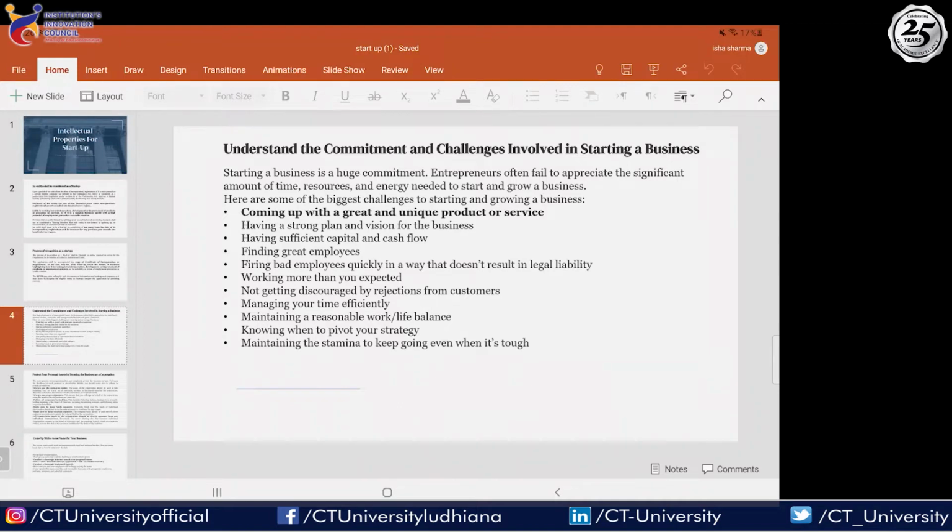Suppose, as I was telling you, having an idea is not actually a business. It is something that you have to work around. It has to be a great or unique product or service, first of all. Then you can consider yourself a startup or an ideation entity. If it's a standard business which is running, you can run it, but it will not be called a startup. So if you want to enroll for such benefits and get into that incubation system,